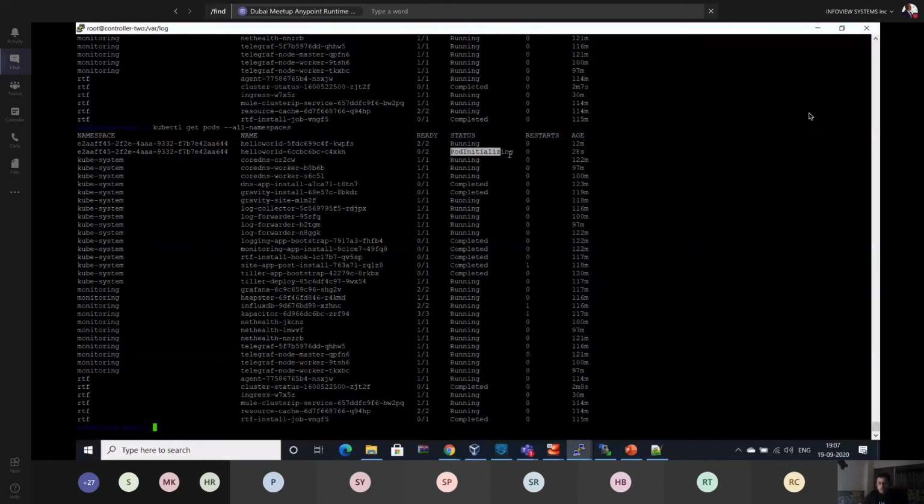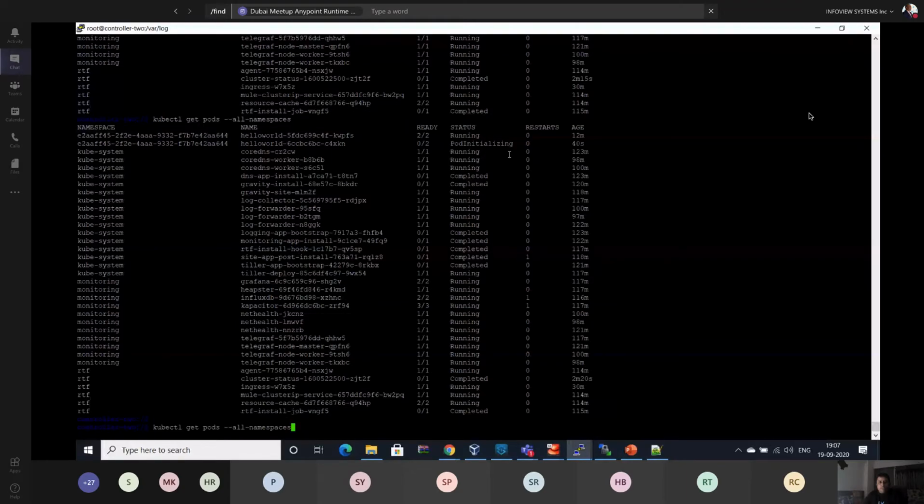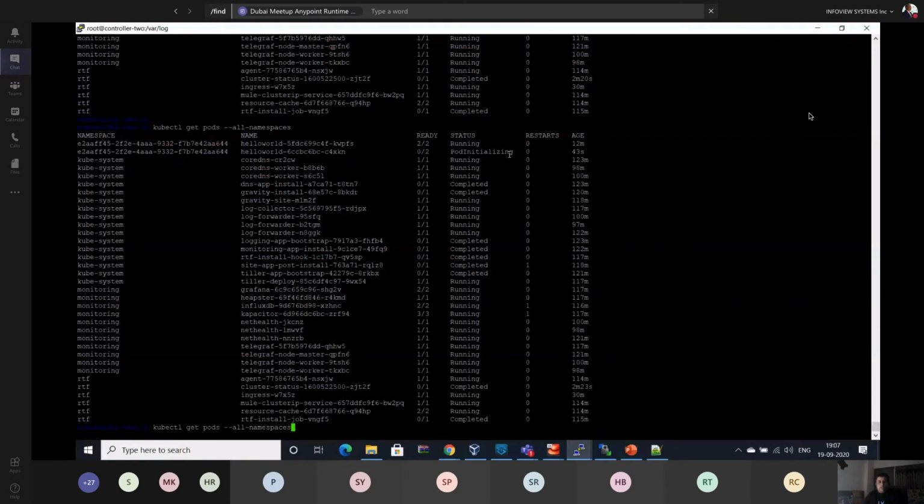Status is being changed now. It happens with the cluster as well. If we deploy a clusterized application, whenever we are performing a change, based on the change, it will destroy the previous one and create a new one. Before destroying it, it will make sure the new one is ready to use.